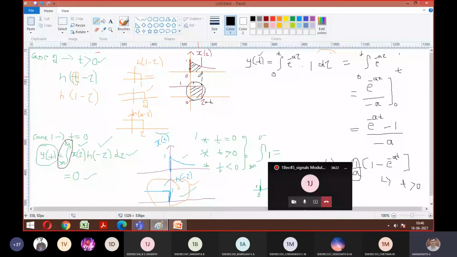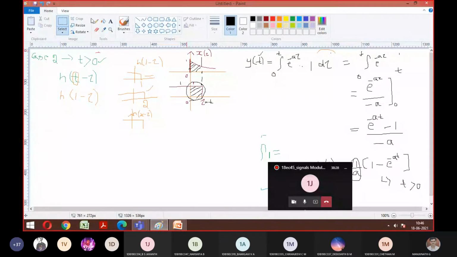So let me remove case 1. Try to take a few problems like this and practice, so that if you get a doubt you can ask me. By seeing it looks easy, but once you start working it out on paper in the exam, you can't expect the same problem, right? So this type of problem you can expect, and that is a generalized one. We have taken 3 different cases. So let's go with the last case, t less than 0.